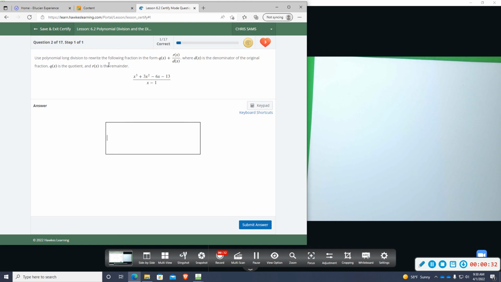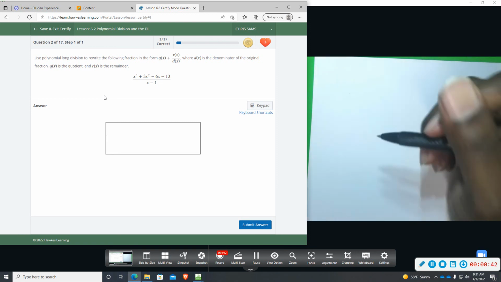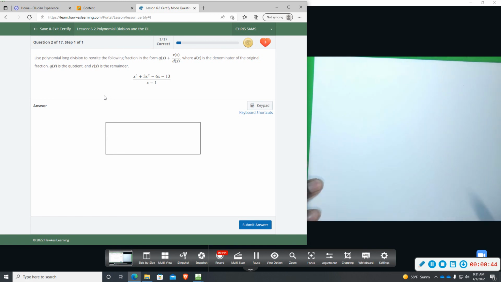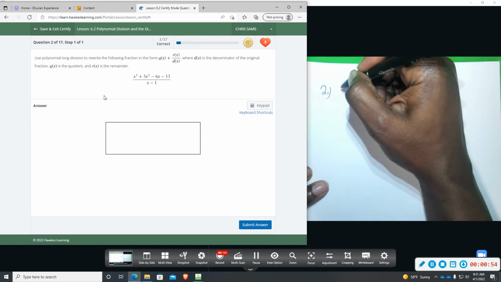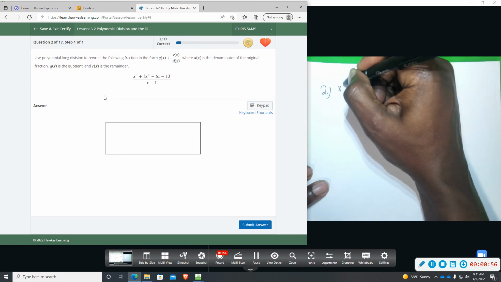I know sometimes it says use long, sometimes it says use synthetic. I just want you to learn both and then do whichever one gets you there the fastest. So I want you to work smarter, not harder. And then you'll see there are instances which I will explain to you when it's better to use one over the other. So number 2, the original problem is x to the third